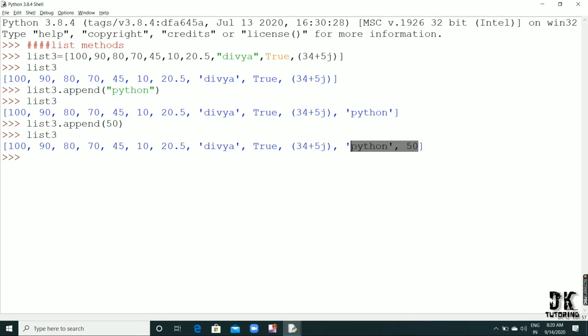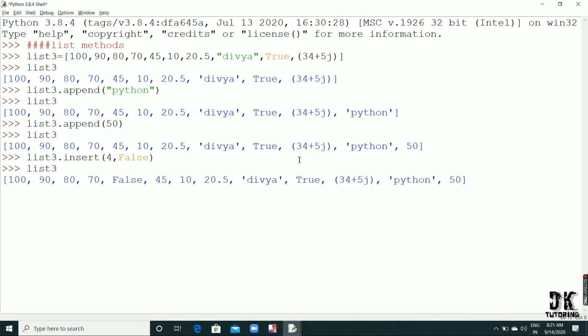So there may be some question in your mind. If you want to add data not at the last but in between: if you use append, the data is added to the list, but at the last. If I want to add the element in between, how can I add that? So there is a method called insert. So I will write here list 3 dot insert. Here you write the index value where you want to insert. So if I want to insert at the 4th position, 4 is the index, and False.